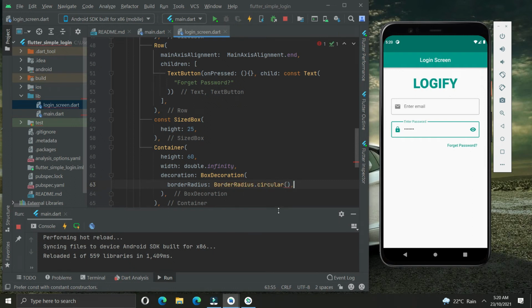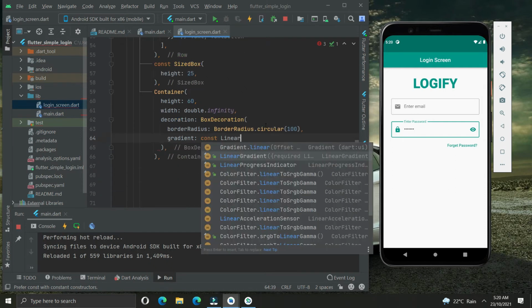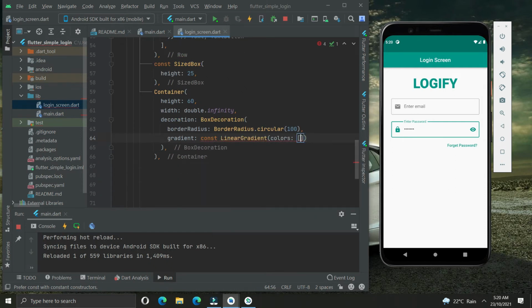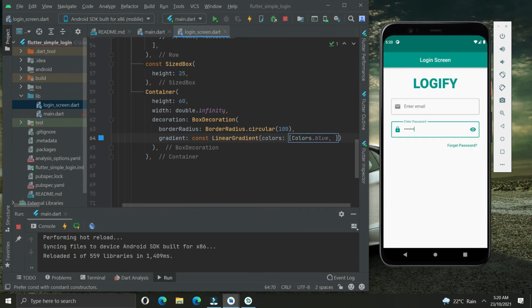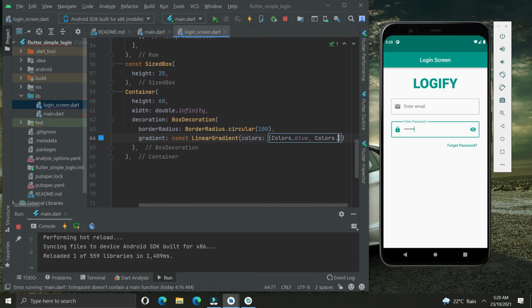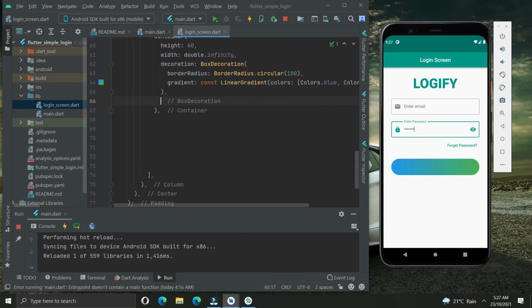So our radius will be circular for our button. Now we will add the gradient color. So we will do linear gradient for this. Colors dot blue first and then we will add the green color, colors dot green. Save it and you can see the color and border has been added.